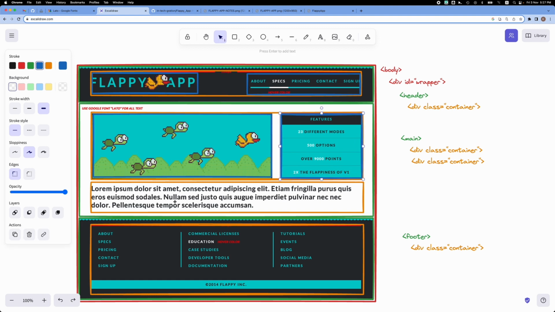The next section is 1 row that has actually 1 column. So there are no columns or 1 column if you want. So I don't need to add anything to this one. The one at the bottom actually has, as you can see, 3 columns here and 1 big column at the